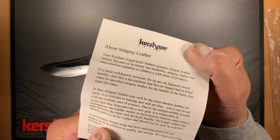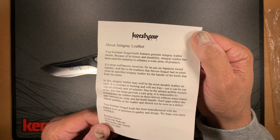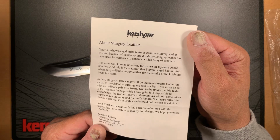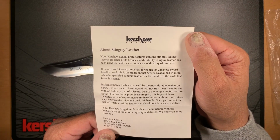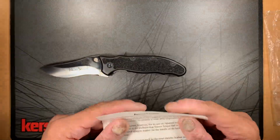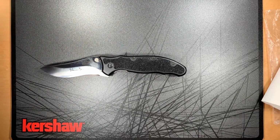But you're also going to want to make sure it's got this paperwork with it that tells you all about the stingray leather. It tells you that it won't burn or fray. It's considered the most durable leather on Earth, supposedly. And that makes it kind of a collector's piece, stuff like this, the paperwork and everything. So there you have it, the Steven Seagal